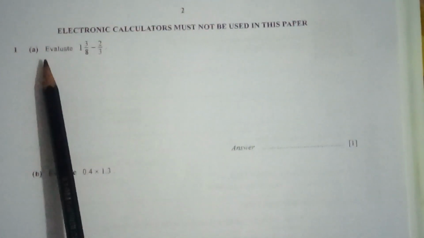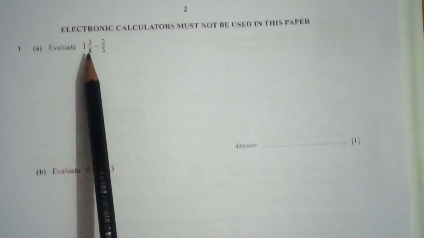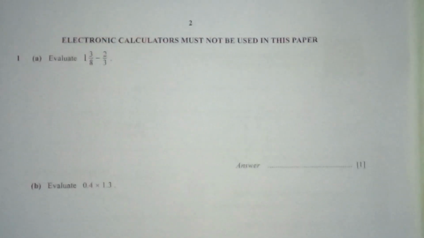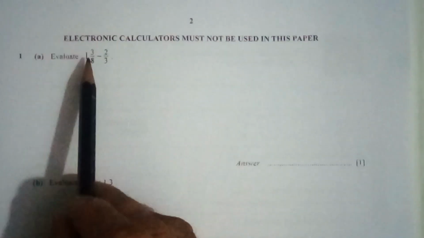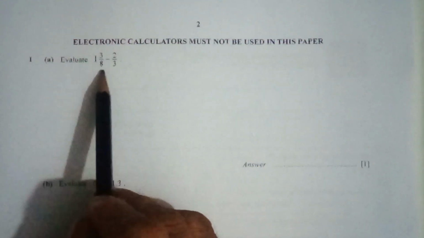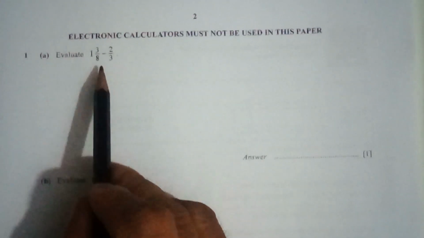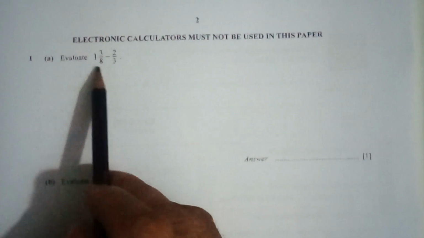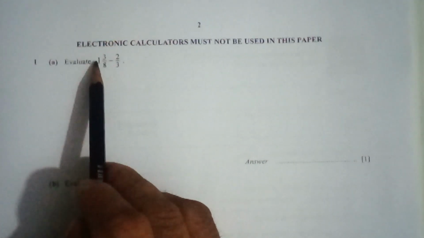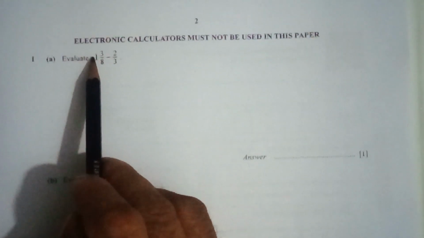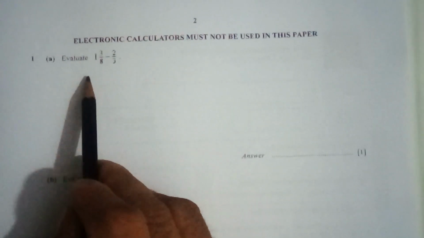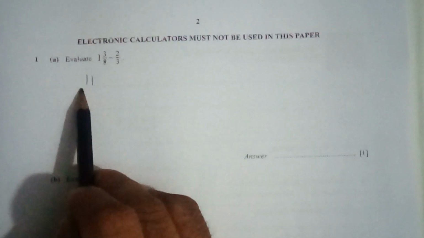The first question is about fractions and we have to evaluate. Evaluate means we have to give the answer in a numerical form. So to solve these fractions, first we have to convert this mixed fraction into an improper fraction. 8 multiplied by 1 is 8 and 8 plus this 3 is 11. 11 over 8